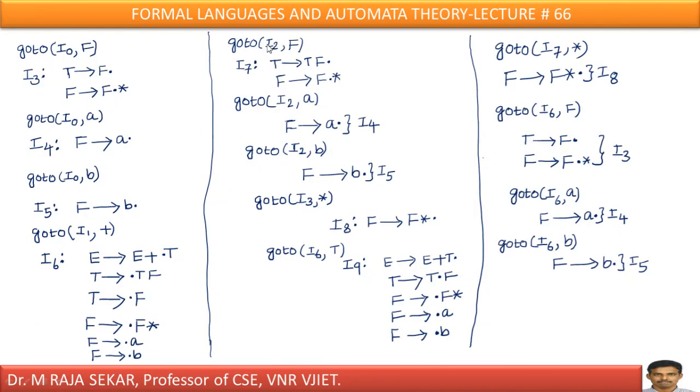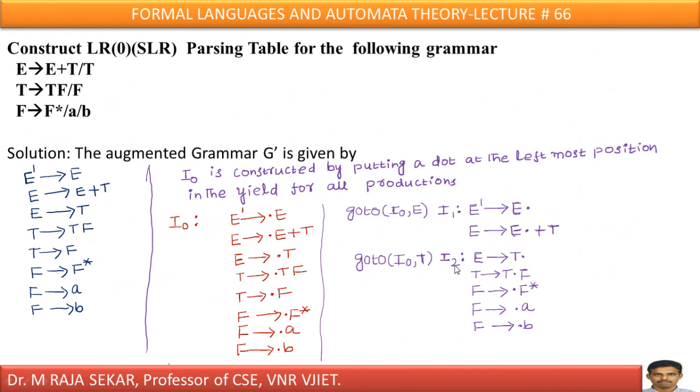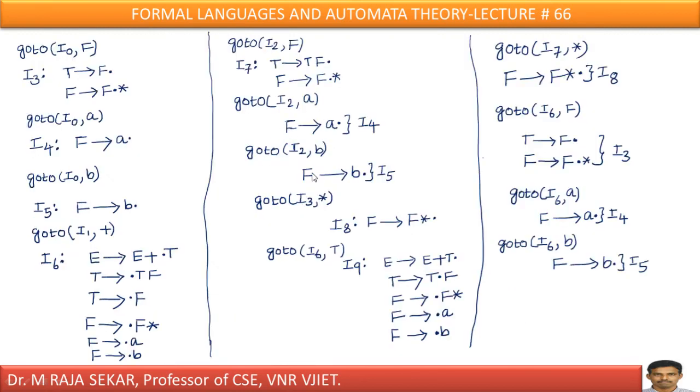This is I2 comma F. In a similar manner, in I2, just go back and check, we completed I2 comma F. Now I must also complete I2 comma A and I2 comma B. If I complete I2 comma A and I2 comma B, I am getting, in the case of I2 comma A,